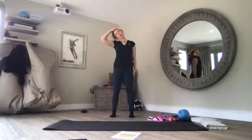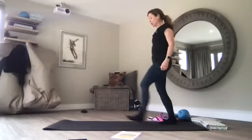And back to center on the other side. A little bit of pressure on your head, but just the weight of your arm. Palm comes down to the floor, fingers up to the ceiling. And back to center. Now we're doing another, if those with lumbar spine issues, I want you to step forward